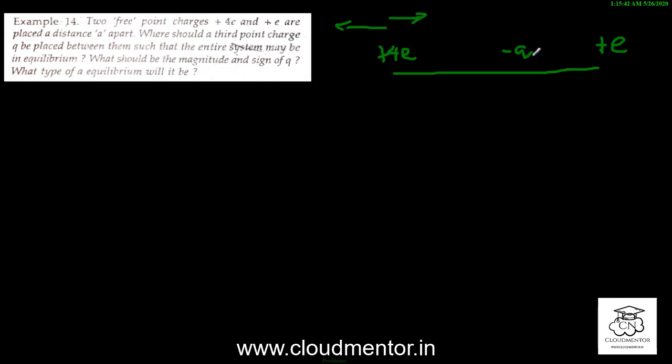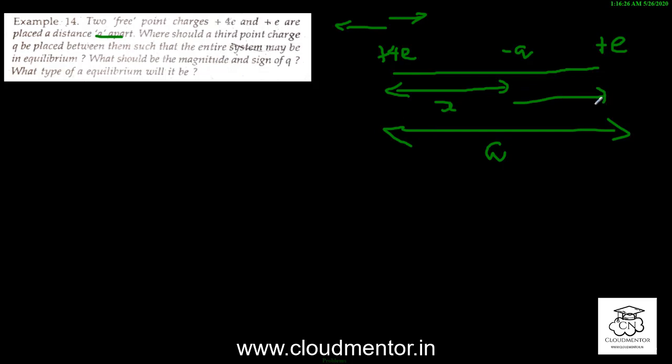So this charge placed here must be negative. Okay, and so let the distance between this plus 4e and minus q be x, and the total distance be a. Okay, it is given a, and this will be a minus x,